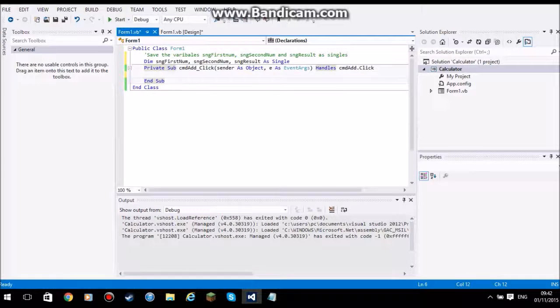Okay, so now I've got that out of the way. So this is just commenting your code. It's really good practice to comment because it can help you remind stuff if you're not quite sure why you do it. Okay, and in the private sub, all we want to do is put